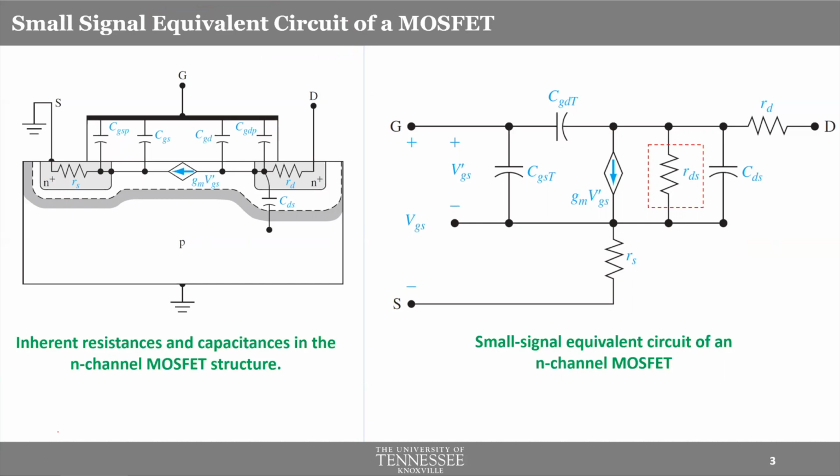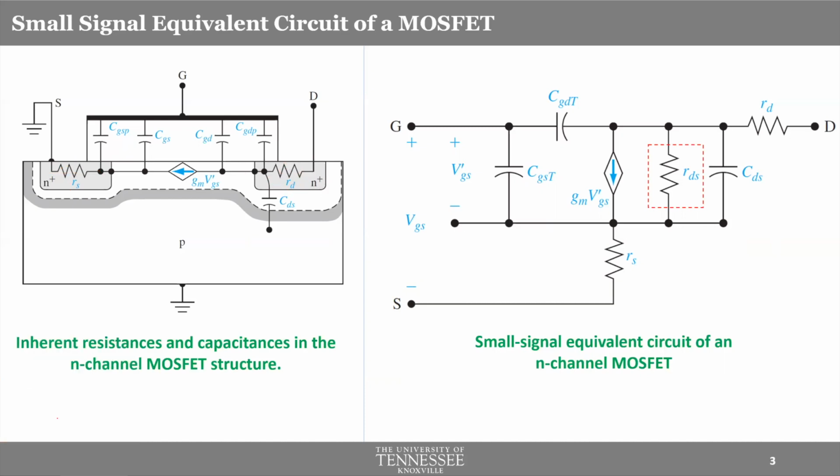Firstly, source and drain are materials, and no materials, apart from superconductors, will have resistance-free operation, right? Every material in the world will have some degree of resistance. Because of that, we represent the resistance of the source and drain regions with RS and RD. So these are the simplistic portion. We have two resistors